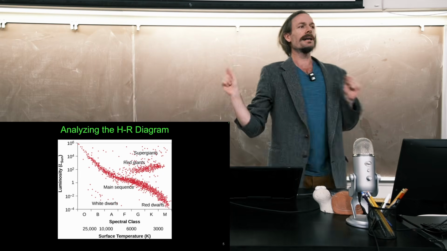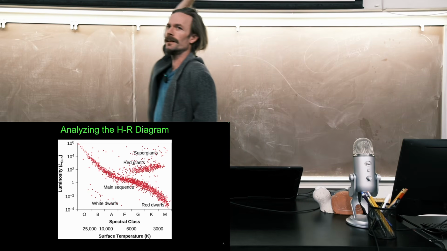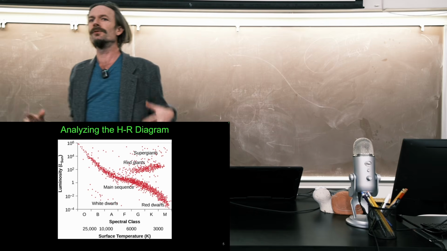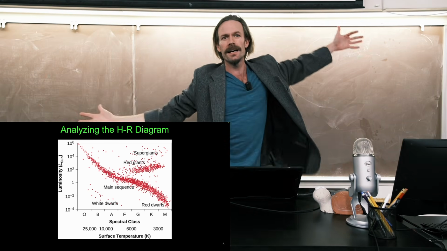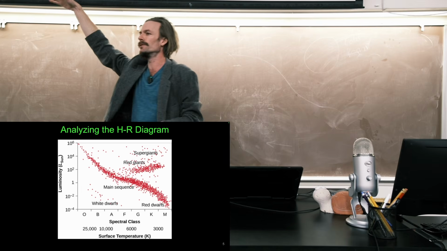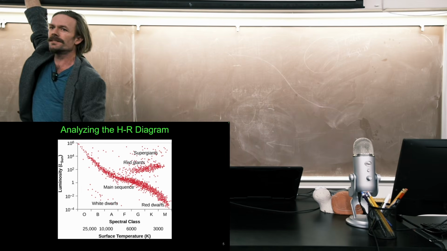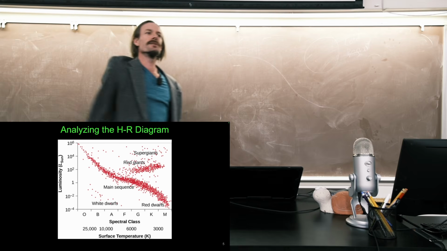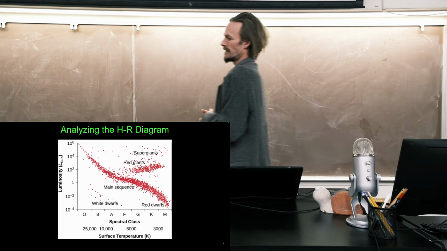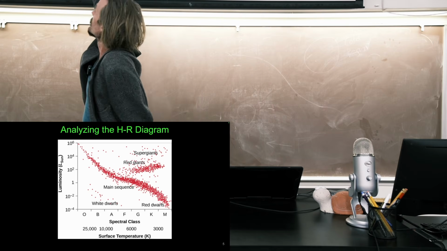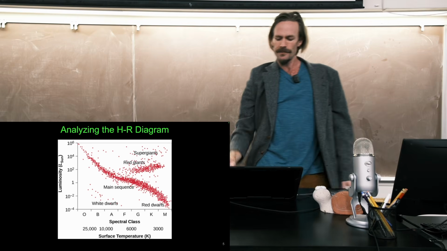Now, there's a few exceptions though on this diagram, right? So almost everybody fits neatly on this story, where if you're really, really bright, then you're hot, right? You got a lot of atoms, you're burning hot, you're blue, right? So the temperature, the spectral class, these are blue stars down here, right? So you're really bright, you're really hot, right? That makes sense. Problem is there's some little guys that we can't quite make sense of,